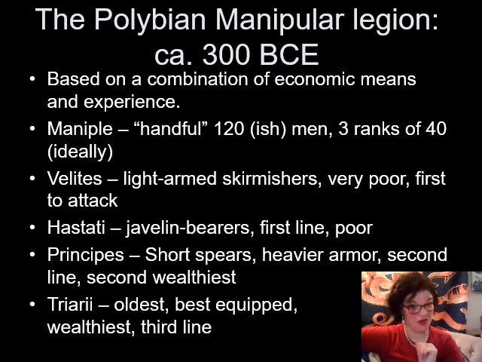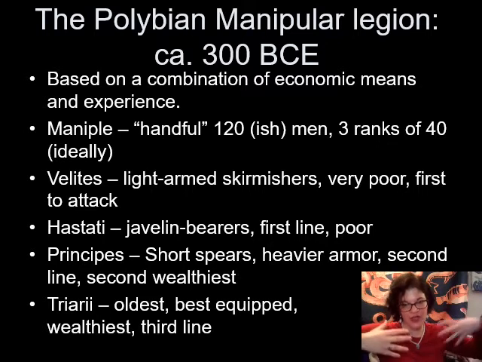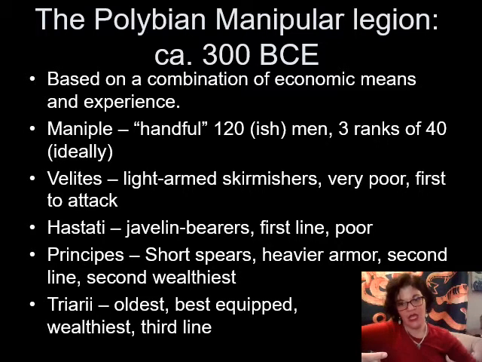They don't like it when you run away from battle. The triarii really don't. And if they're bored, you don't want to be there on that day. So this structure used socioeconomic status and experience levels to provide forward momentum to the army. And it also created a system where financial means matched up well with armor needs,